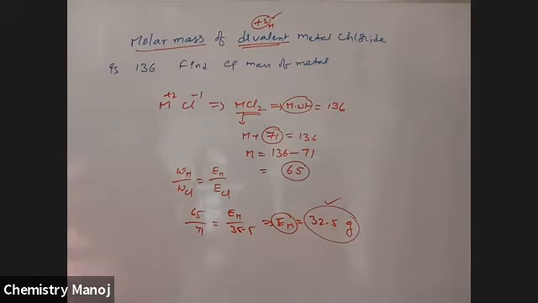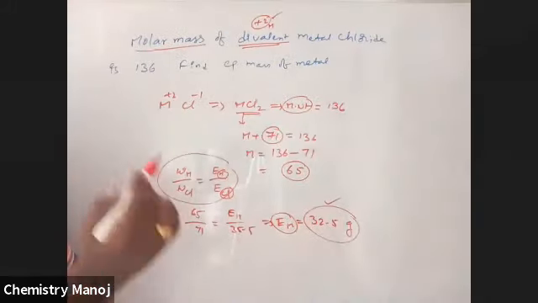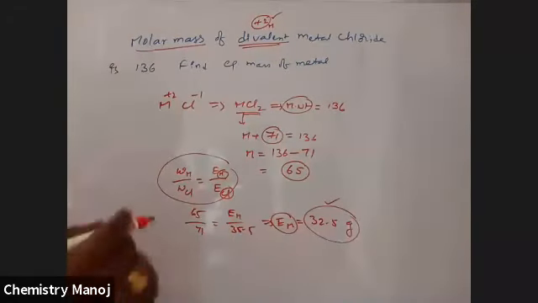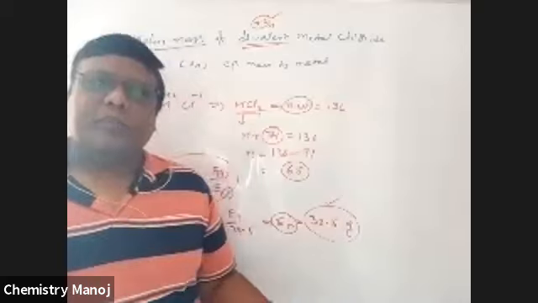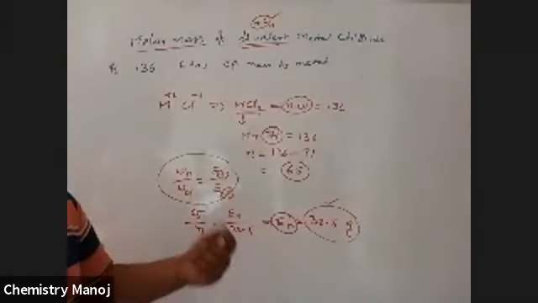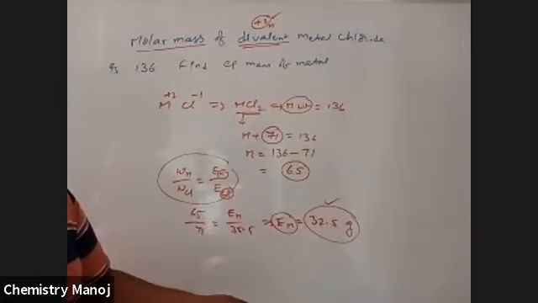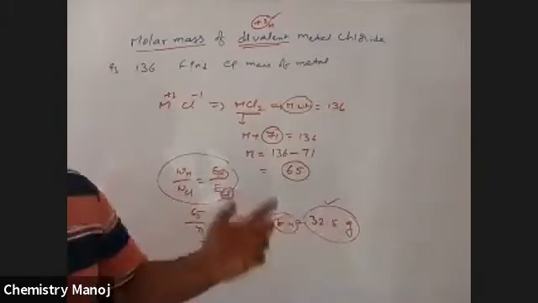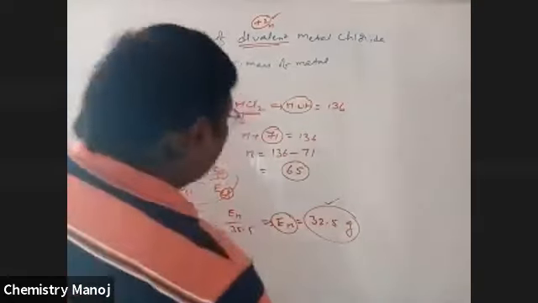32.5 grams. Easy. So once you know the formula and equivalent weights of elements, I already completed yesterday how to find the equivalent weight of any element. If you know the n factor, equivalent weight is equal to atomic weight by valence or n factor. Chlorine atomic weight 35.5, n factor is equal to 1, therefore 35.5 by 1. Because chlorine is a 17th group element, 8 minus 7 is equal to 1, so n factor is equal to 1. Already completed yesterday.